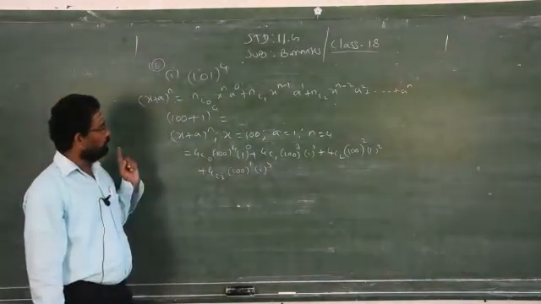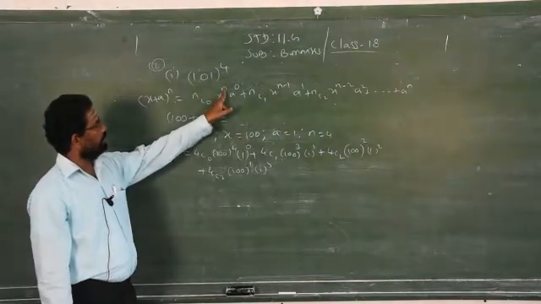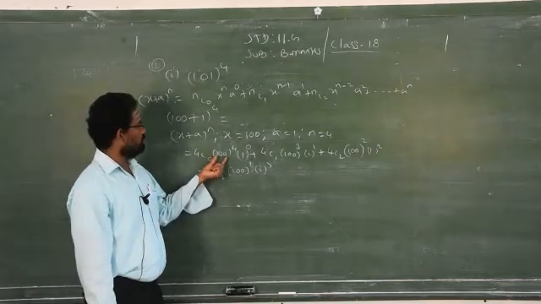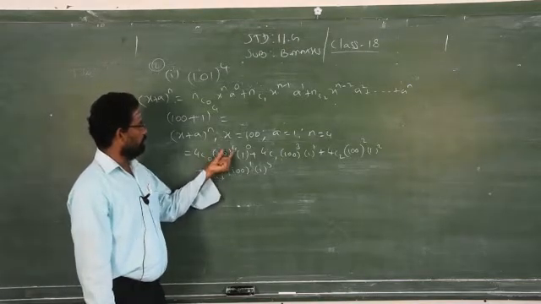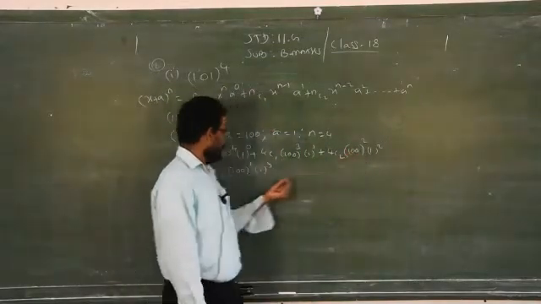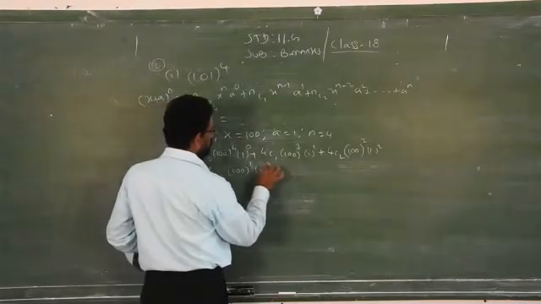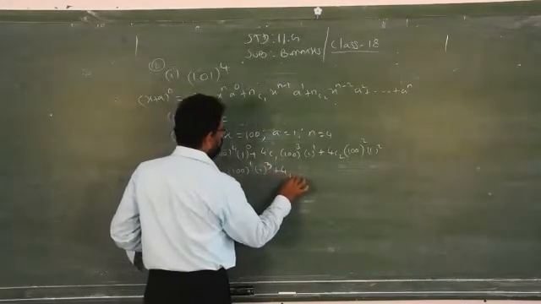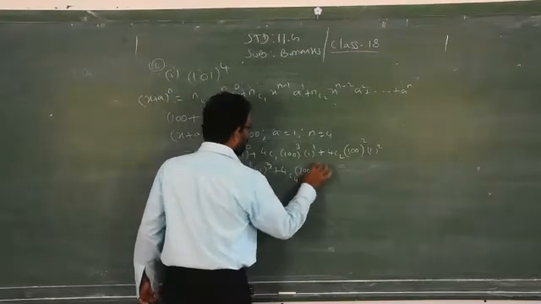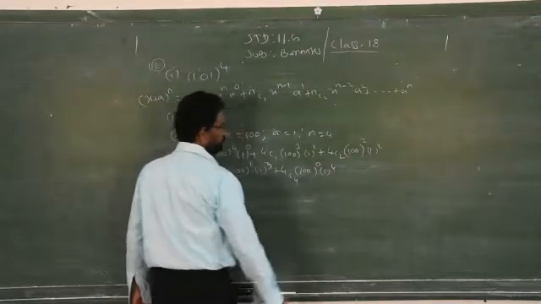Clear? You have to reduce the power of x by 1. So the power of x here is n, so n minus 1, n minus 2. Likewise, in the place of x is given 100. So 100 power 4. What will come next? 100 power 3. After that 100 square. After 100 square, what is supposed to be there? 100 power 1. Then the last step, 4C4, 100 power 0, 1 minus 1 is 0. Here 1 power 4. Are you clear now?